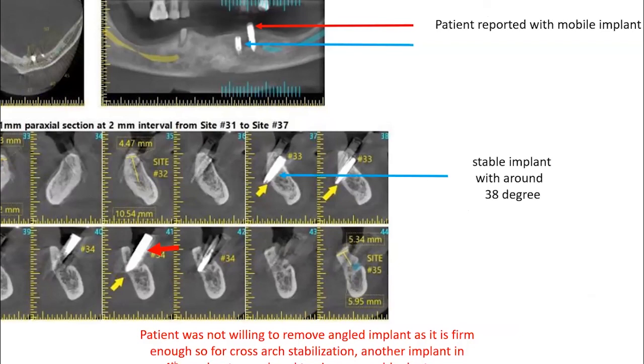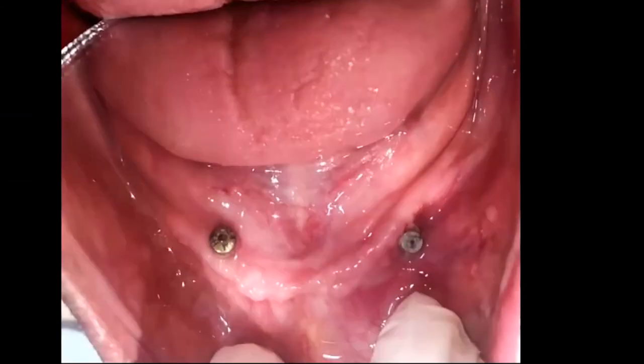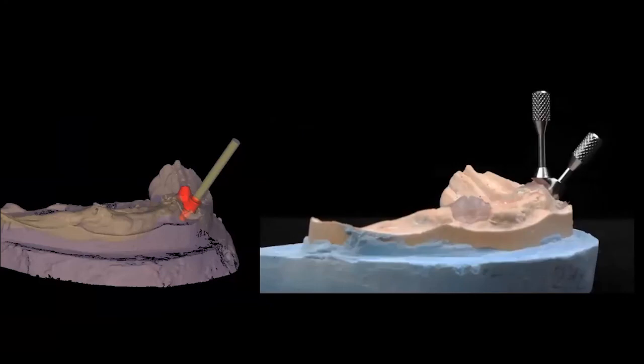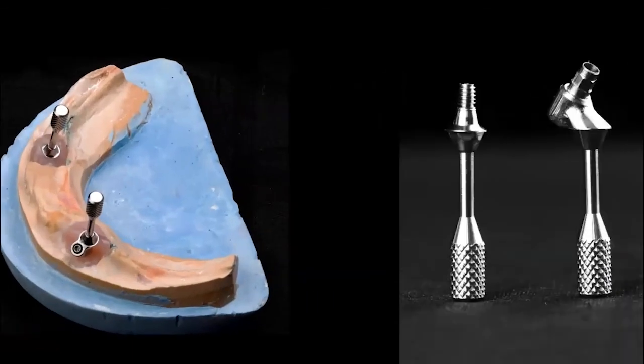So we thought we should use this implant and create the prosthetic, because the patient is older and she is not ready to replace it, and not ready for placement of a new implant there. That's the reason we planned to use the same implant. The second implant we placed straight on the ridge, so at least we can give a bar-retained overdenture. We designed this completely in exocad, the customized position, and then we created the customized multi-unit abutment. It's a completely milled abutment, as you can see the parallelism and the complete surface.